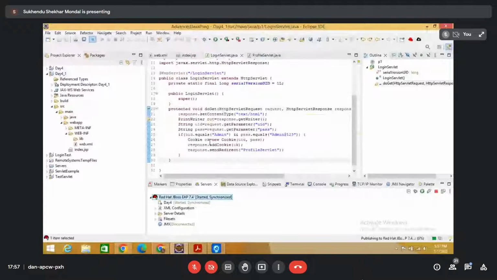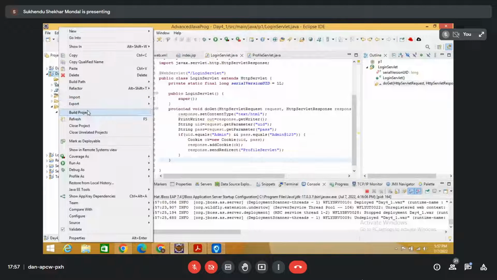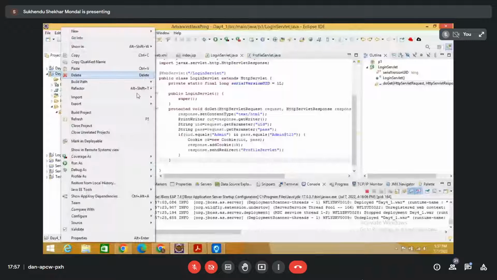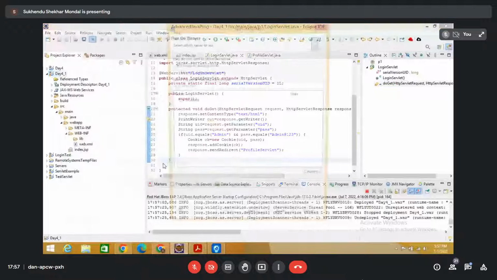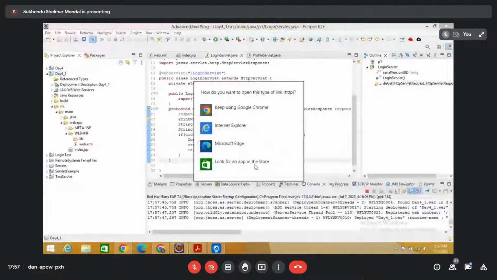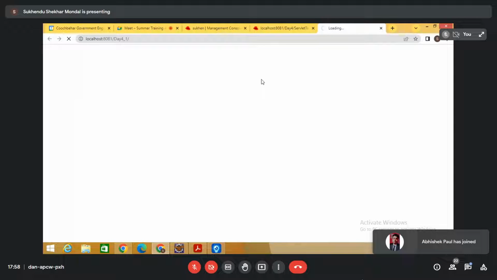আচ্ছা, এবার এটাকে আরেকবার বিল্ড করি। প্রজেক্টটাকে বিল্ড করলাম, তো প্রজেক্ট বিল্ড হয়েছে। এবার এটাকে রাইট ক্লিক করে রান অ্যাজ অন সার্ভার করি, নেক্সট করলাম, ফিনিশ করলাম। এখানে কোনোভাবে একটা রিসোর্স পাচ্ছে না। কি হলো রে বাবা, কোনো পোর্টে ঝাড় খাচ্ছে নাকি? এতক্ষণ তো লাগার কথা নয়।